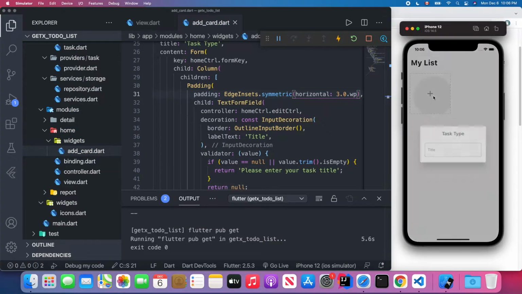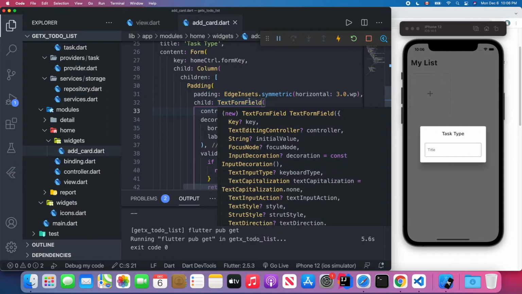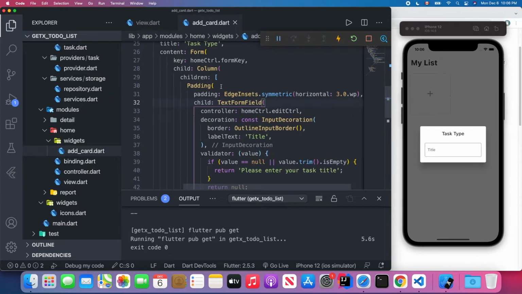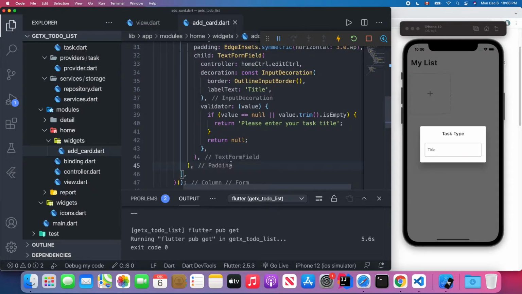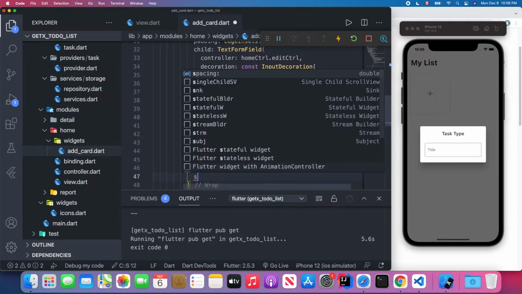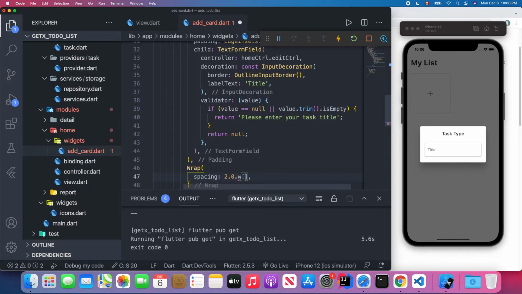Okay, so now it seems good, and then we are going to implement the icon so the user can select. So under this padding widget we have another Wrap widget. Okay, so the spacing we give 2 wp,